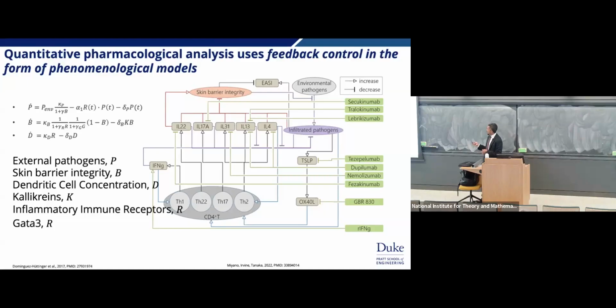You're going to treat it with certain drugs that might knock out some of these immune pathways, so IL-22, IL-17, et cetera, that cause inflammation, that weaken your skin barrier integrity and make it easier for bacteria to get in. And they've done this really through just modeling the immune system and thinking about the pathogens and the microbiome as just this giant lump parameter system. So that's shown in P.